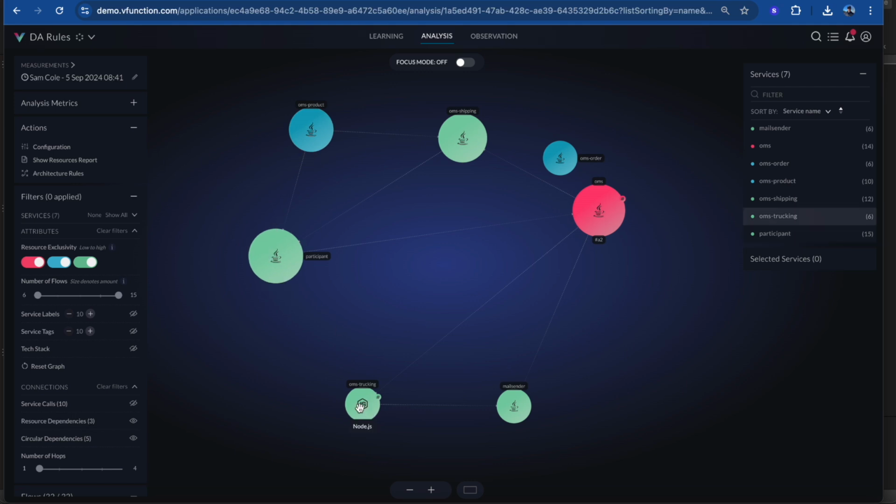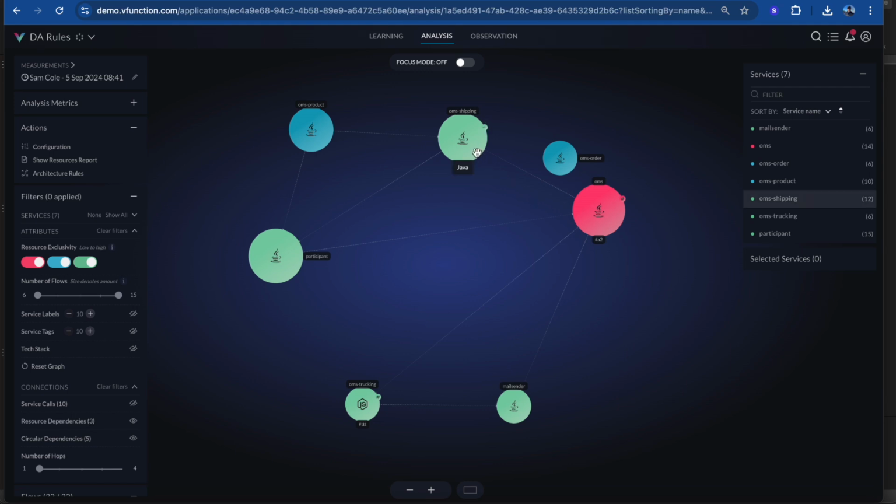The sizes of the bubbles represent the centrality of these services within this environment or system, which means that the size relates to the number of flows that go through that service. Okay, and the color of these bubbles represent the degree of resource exclusivity, meaning if it's green, it talks to